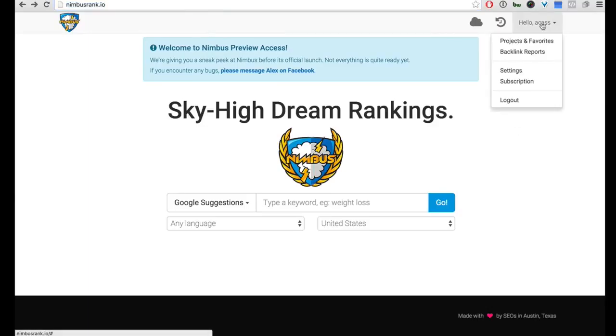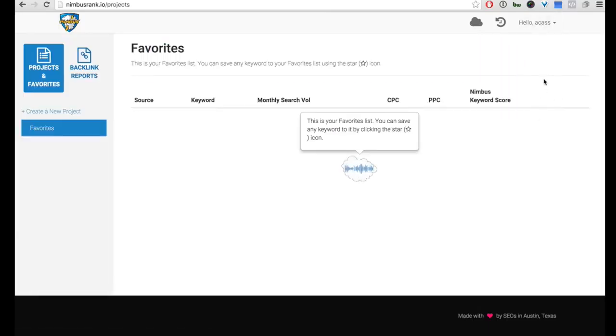You can go ahead and do your research wherever you are, and then save those different keywords that you find, and you're like, well, this looks cool, this looks good, and all these different keywords that have really good opportunity to rank for, it'll save them right here in your own account, so that when you get back home and get back to the SEOing of your site and ranking super high, this is exactly where you go back and find your favorite keywords, and this right here is going to help you do all that as well. So that's Nimbus here in a nutshell, what it does and what it can do for you,